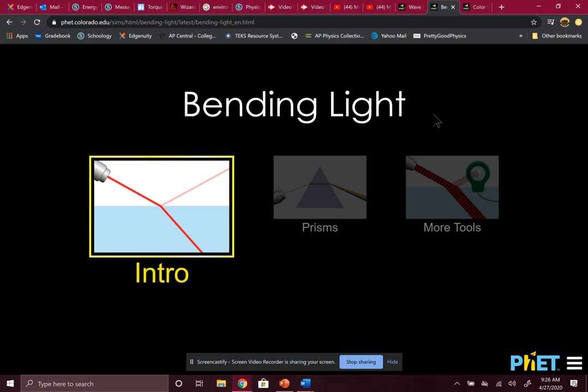Howdy! This is your friendly neighborhood physics teacher here, and we're going to go through some of the PhET simulations you're going to do on Wednesday. I'm just going to show you the PhET simulations you're going to be dealing with, and then another cool PhET simulation that it's just really cool to kind of talk about. So the first thing you're going to do is your bending light